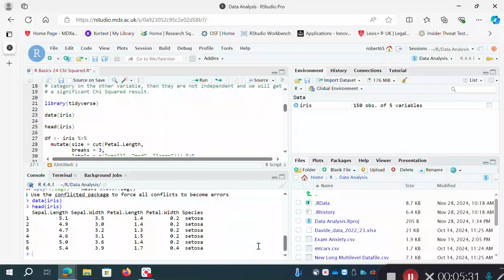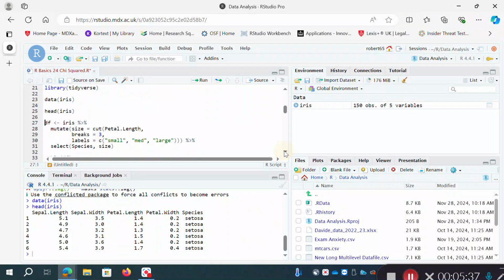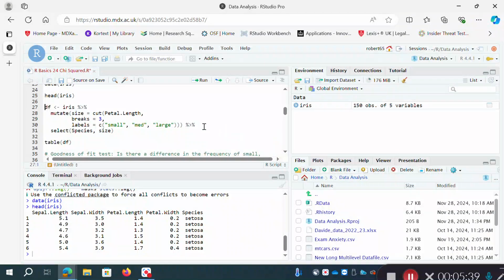It's either Setosa, versicolor, or virginica, I believe. But what I'm going to do is a bit of data wrangling here. I'm going to create a categorical variable using this petal length. So we've got all these different petal lengths as measurements. It's not a categorical variable, but I am going to use the mutate function and split it into 3 categories: